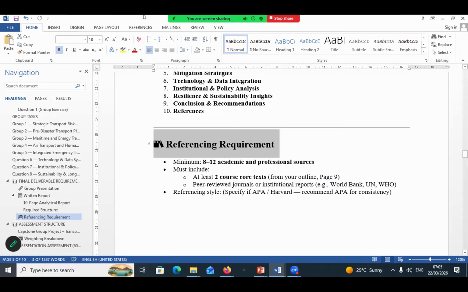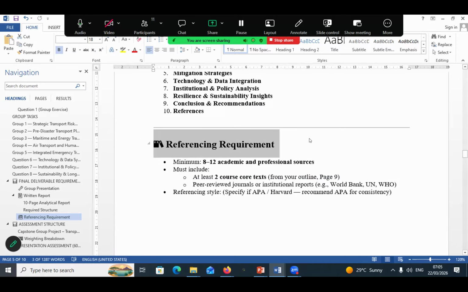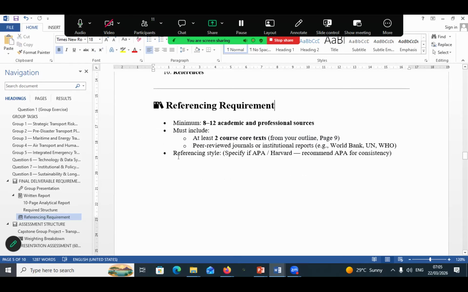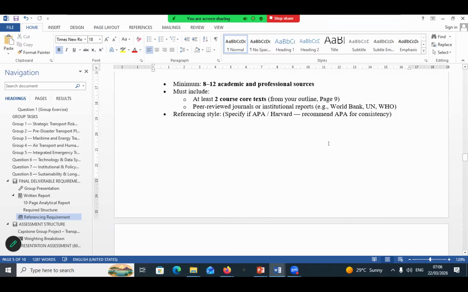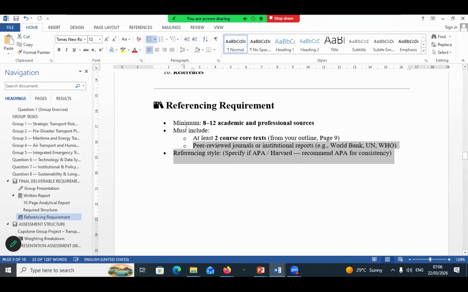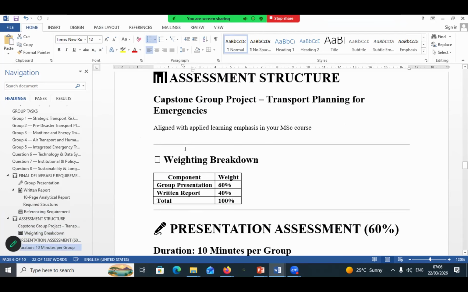I'm recording also. The person who is requesting for recording, I will not approve. I'm recording and I'm going to give. They'll have at least 2 course text formats. Use a peer review formatting style, right? And then